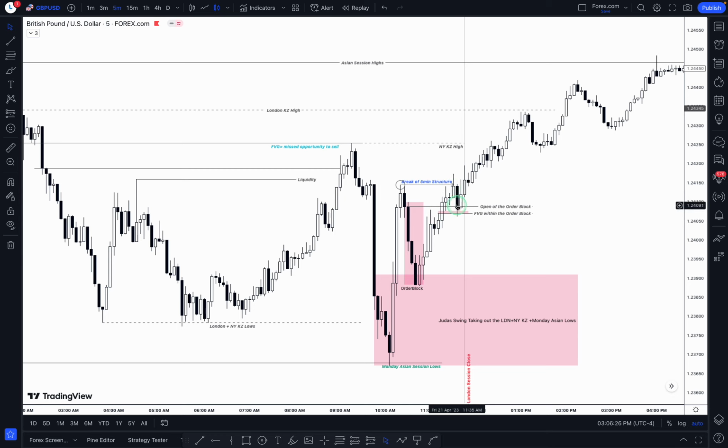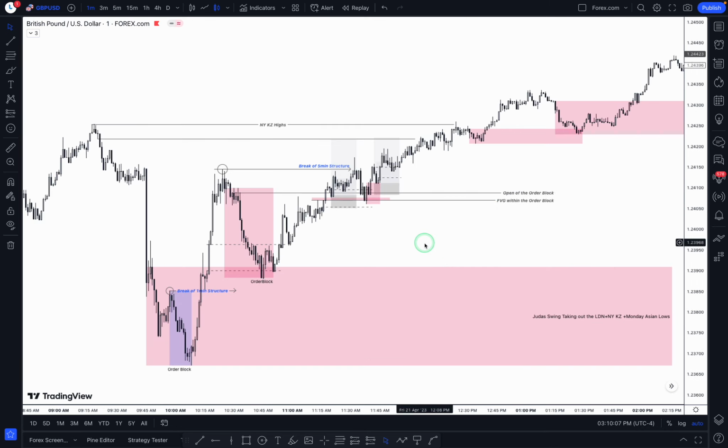So that's all I wanted market to trade down to, because below here there's no fair value gap, so price doesn't have to return all the way down here. So we can take our trade from here and put our stop loss below these lows, on the 1-minute time frame. If price is clear, I often use the 3-minute time frame to take my trades on. If not, then I use the 1-minute. And for this case, the 1-minute was much clearer than the 3-minute, so I used the 1-minute.